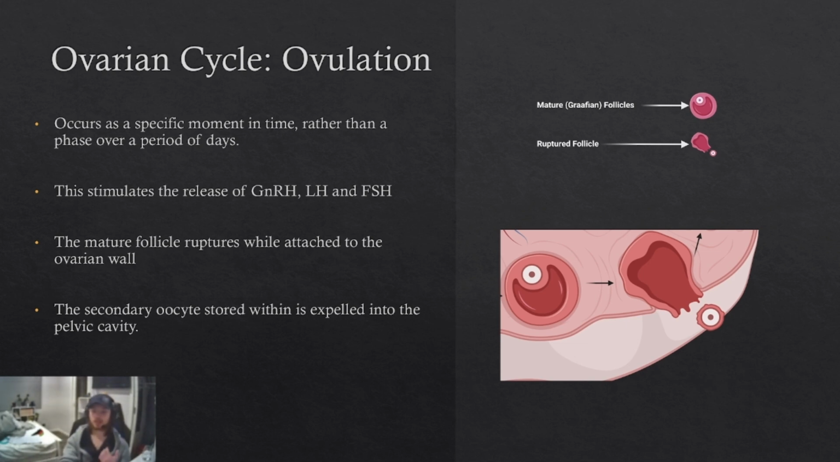During ovulation, the mature Graafian follicle continues to release increasingly high amounts of estrogen, which, while in moderate levels acts as an inhibitor, in higher concentrations instead stimulates the release of gonadotropin releasing hormone, luteinizing hormone, and follicle stimulating hormone, leading to a spike in the levels of all three. Importantly, the increased luteinizing hormone levels result in the mature Graafian follicle rupturing while attached to the ovarian wall, allowing for the secondary oocyte stored within to be expelled into the pelvic cavity, usually around 9 hours after the